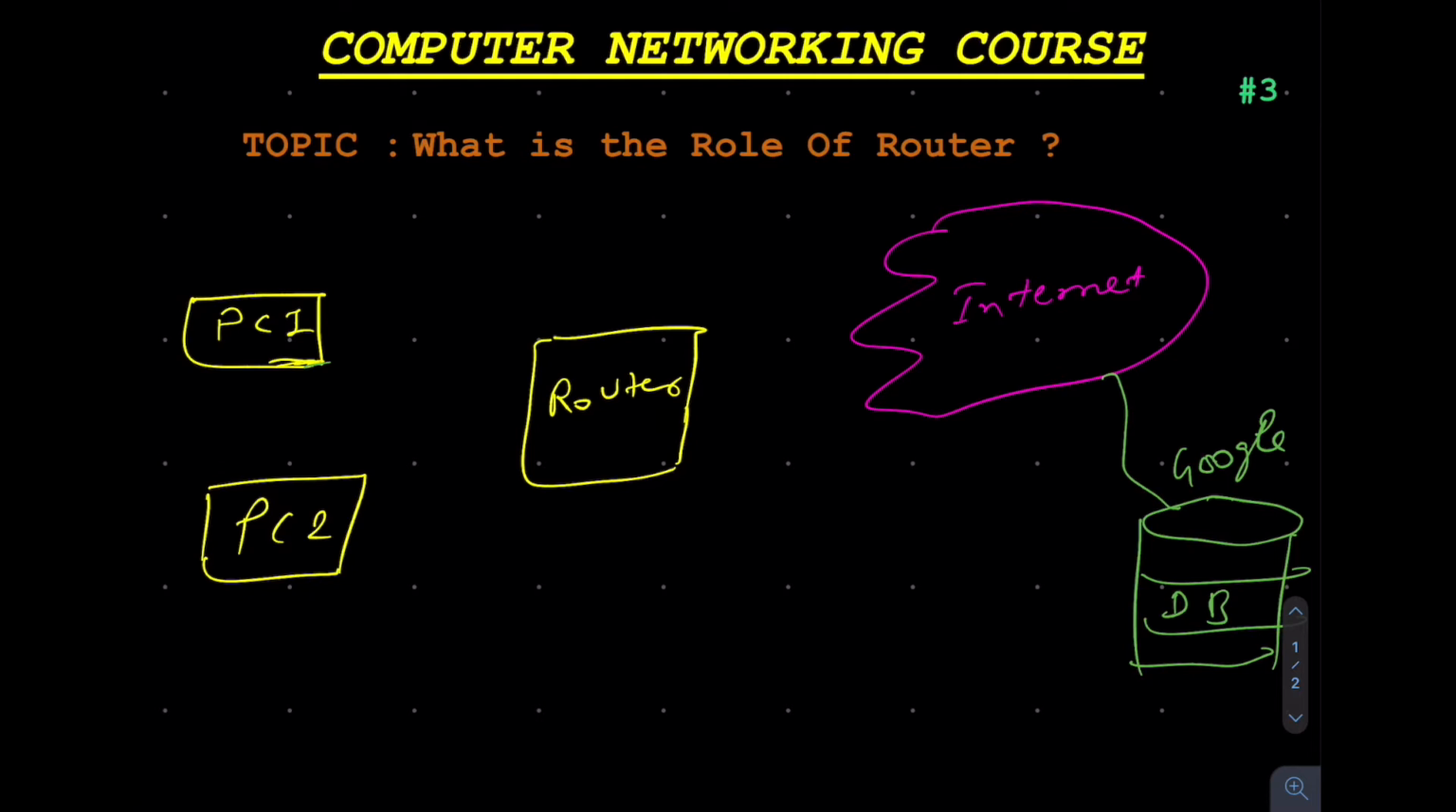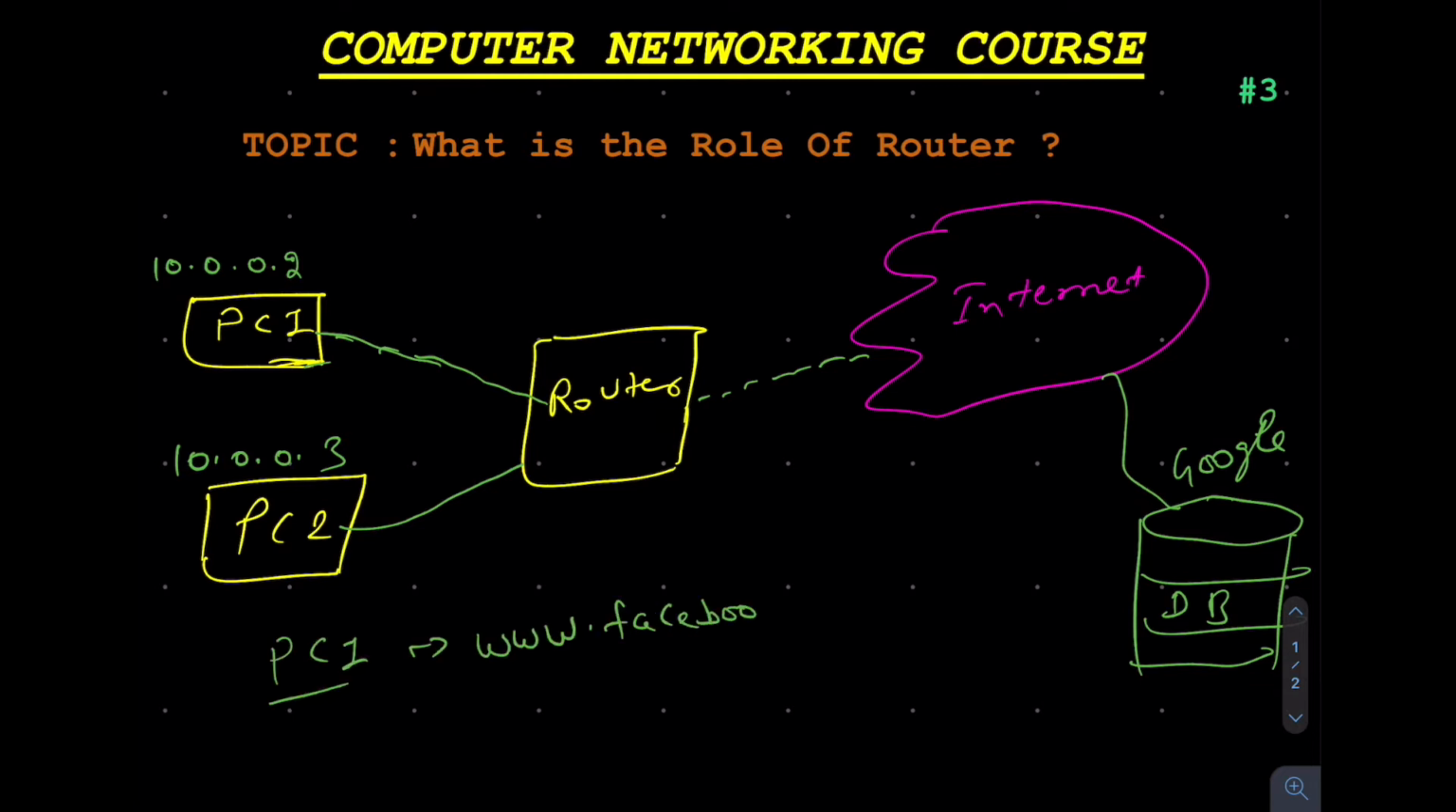PC1 has some IP address 10.0.0.2, and this has 10.0.0.3. PC1 is connected to this router. PC2 is also connected to the router. We will take two examples. So in the first case, if PC1 wants to Google some stuff, so what will PC1 do? For example, PC1